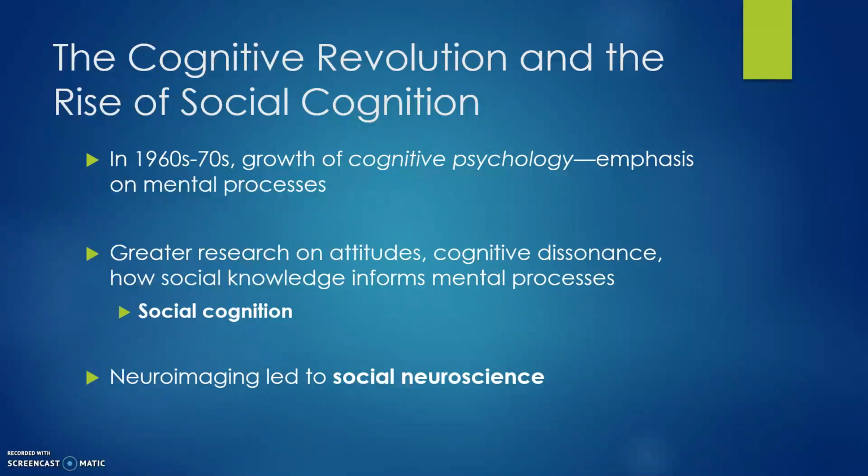I'd like you to read the opening. Obviously, you should be reading your textbook anyway, but pay special attention to that opening story about the Heaven's Gate cult and the Hale-Bopp comet. And if you want to do a little bit of extra reading on Heaven's Gate, what they were about, what happened, I would go ahead and do that. But I'm really interested to hear your thoughts about whether or not you think that you could potentially be influenced to join a cult similar to these people joining the Heaven's Gate cult. Just something to think about for next time. I'm sure we'll have a very interesting discussion about it.